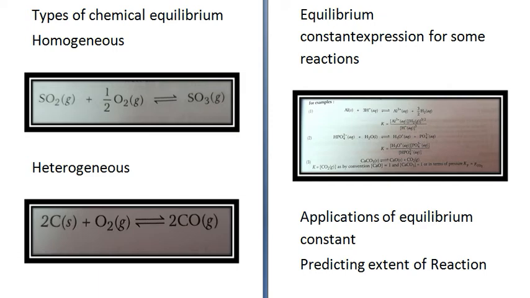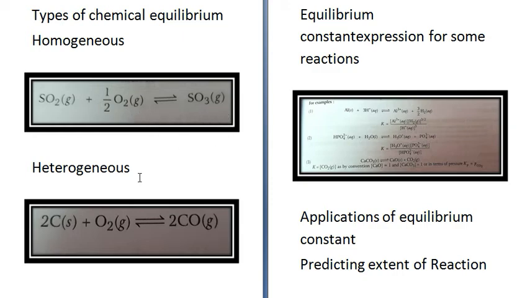Children, today we will study about the types of chemical equilibrium. Now they are of two types. First is homogeneous chemical equilibrium. It is an equilibrium in which all the reactants and products are in the same phase. Like, take for example, SO2 plus half O2 gives you SO3. Now in this case SO2 is also in gaseous state, O2 is also in gaseous state, and SO3 is also